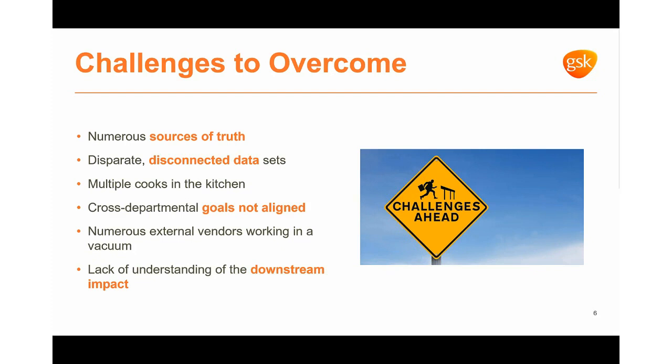Another key area is always multiple cooks in the kitchen. With any large organization, you have numerous groups all running on their various siloed ecosystems and running towards their goals. Each one's cooking up their own data warehouse, and each group has their own end state products that they're hoping to get out. There needs to be an alignment on these goals across departments. Without alignment, you're never going to have a successful program. Or you'll have numerous successful programs and each one works in a silo.